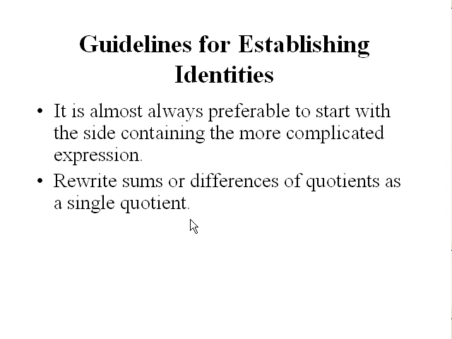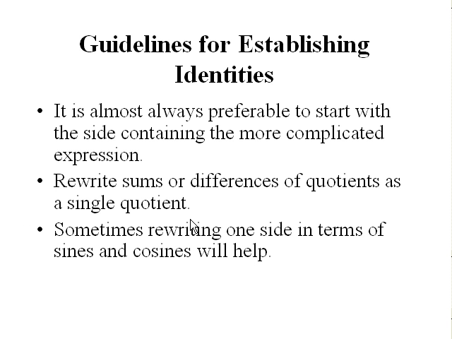Go from fractions to combined fractions. Write the fraction with a common denominator. Often that will give you something that cancels or a clear next identity to apply. Sines and cosines are very useful as a standard for simplifying. If you can write one side of the identity in terms of sines and cosines, sometimes just doing that is enough to spot a simplification to make, a cancellation that will let you see what the next step should be in the simplification.